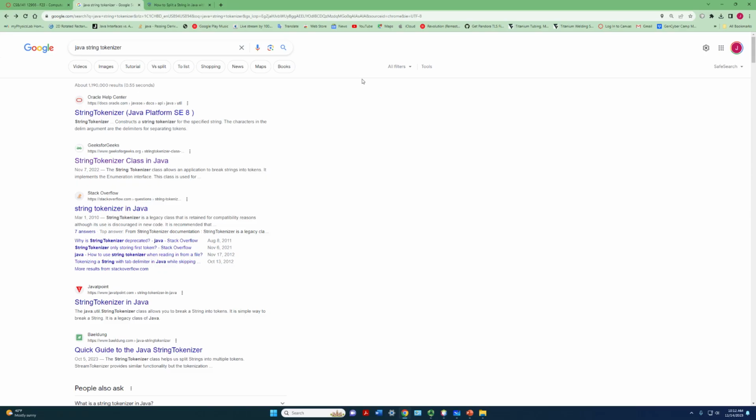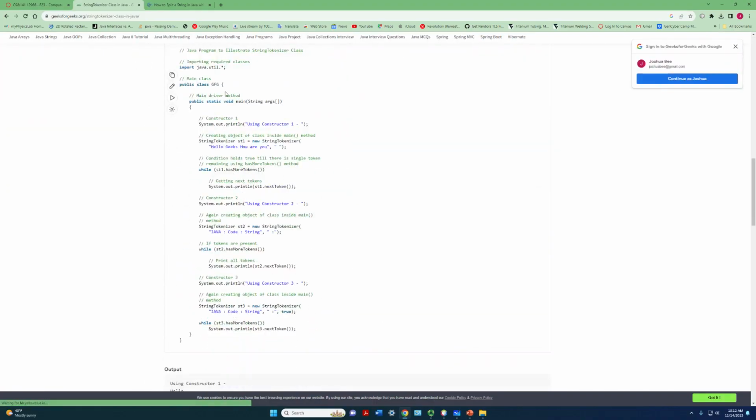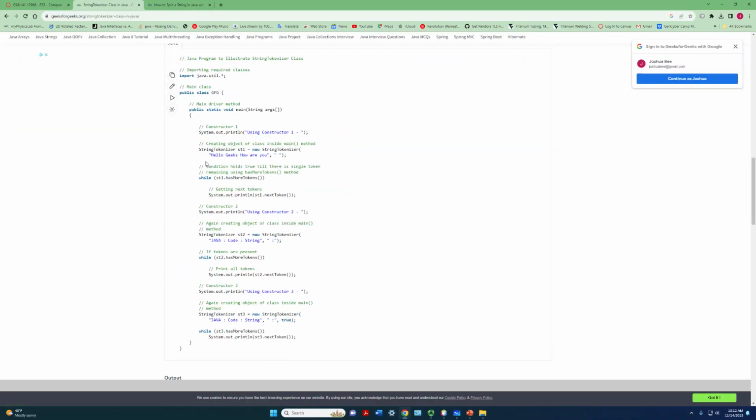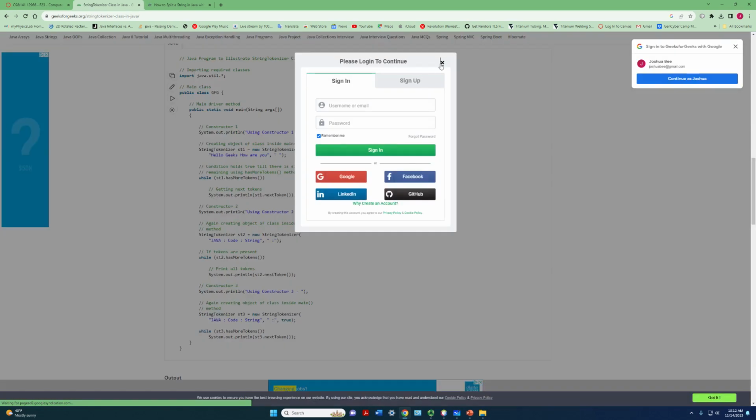So what I did is we're going to actually do an example here called the StringTokenizer. I did a search for Java StringTokenizer, and I'm going to take this one, Geeks for Geeks. And I'm just going to grab, it looks like we need the utilities import. We probably already have it in that example. So,